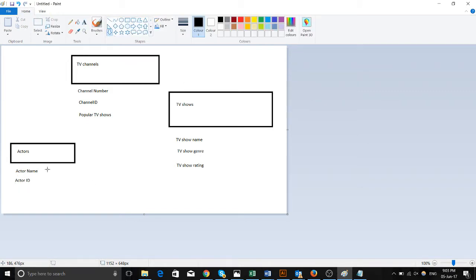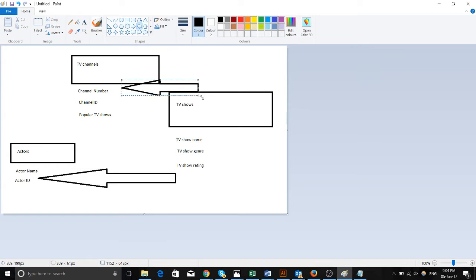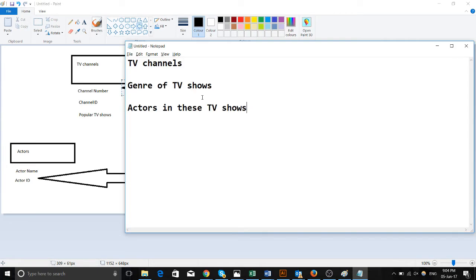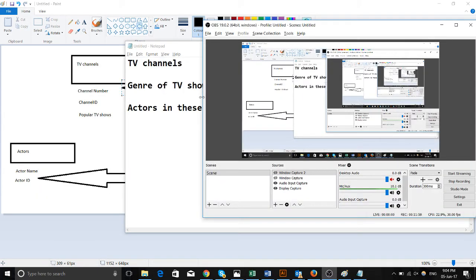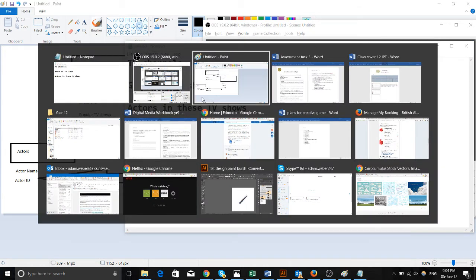This actor, TV, there should be TV show ID here, but TV show ID would go over to here, and TV show ID would go to channel ID as well. But there are many different ways to connect it. We could have designed this database totally different, and so don't be limited into how you think you can design this database. The floor is yours.